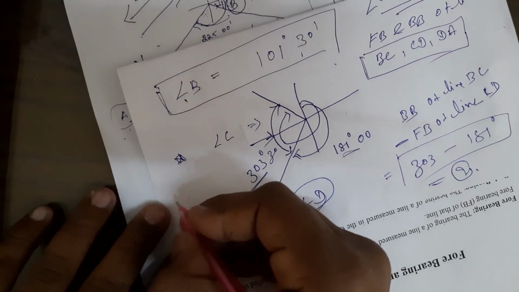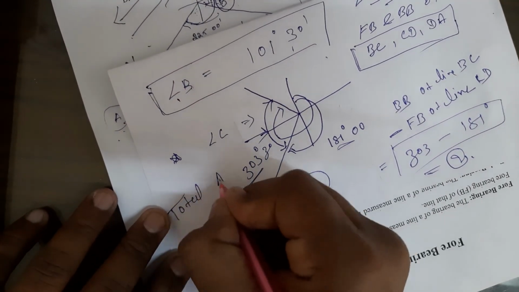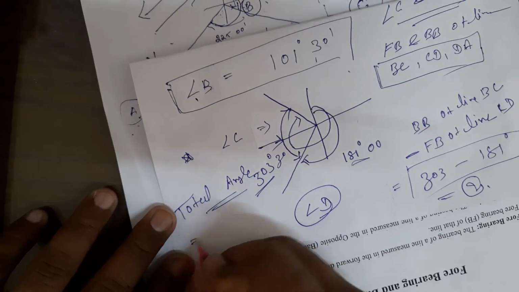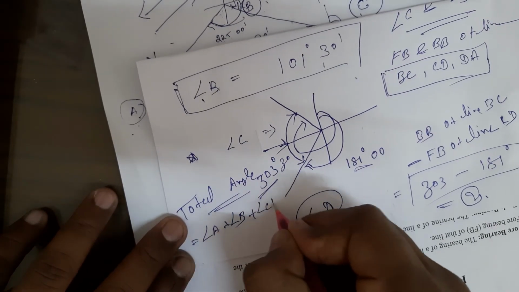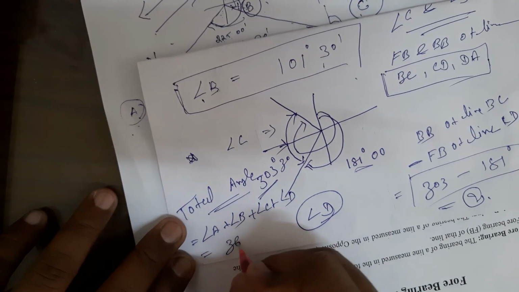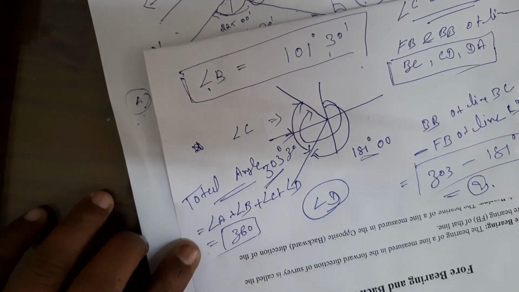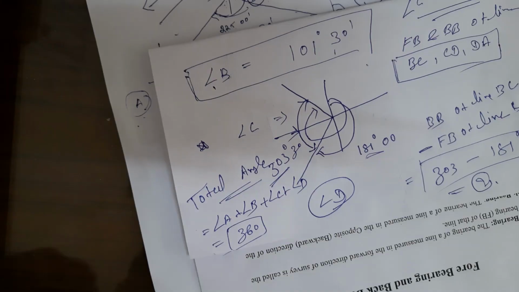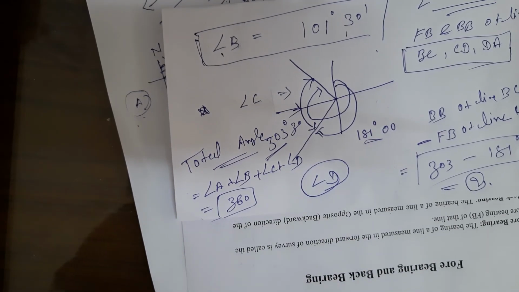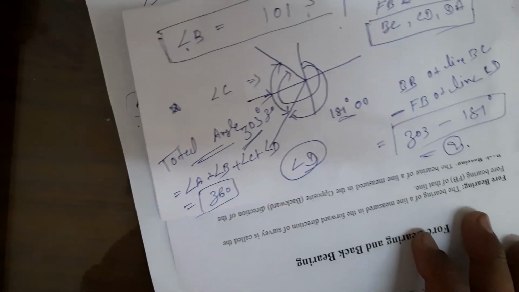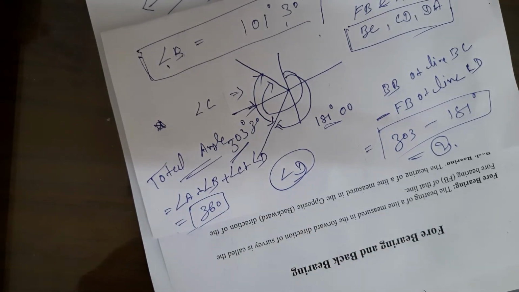Understood? And find the total included angle, which is equal to angle A plus angle B, angle C and angle D. This is equal to 360. If it is not 360, it means a correction is required or there is an error. Understood? So please try to solve angle C and angle D yourself. I just gave you a small hint on how to calculate angle C and angle D: using the forward bearing and back bearing, calculate the total angle.